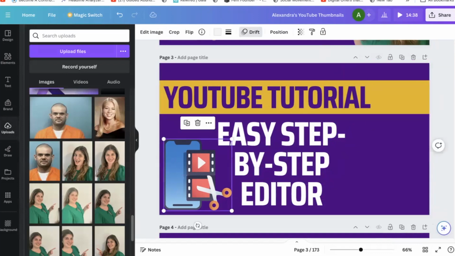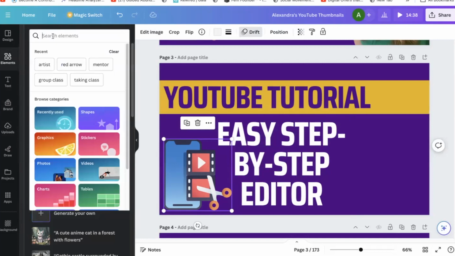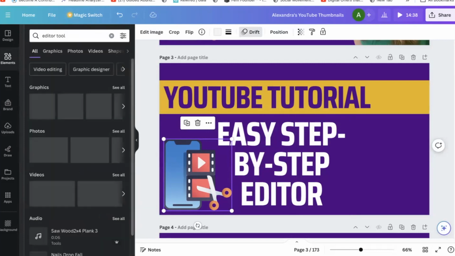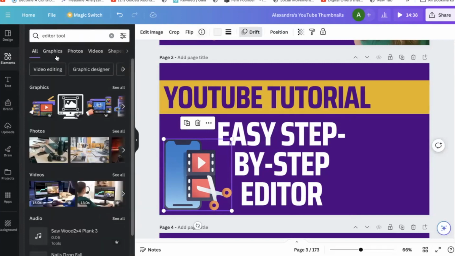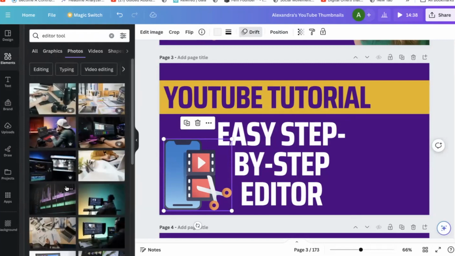The other thing is, how do you get other little elements like this? So remember, if you want to get a template, you go here on the left side, it says design. But if you want to find some other elements, you click on elements. And there, let's say you want to find an editor tool. You have the option here. This won't give you all, but here you have the option for graphics, if you just want graphics, photos, so those are real images,